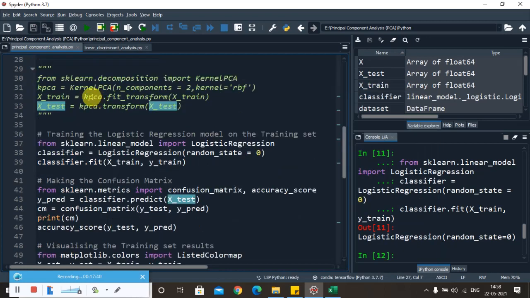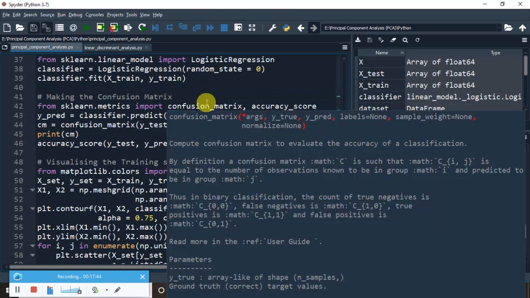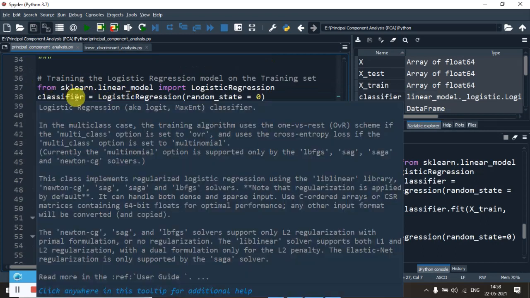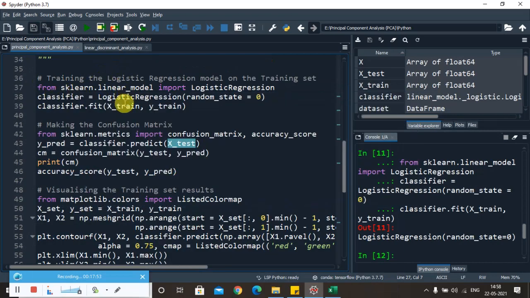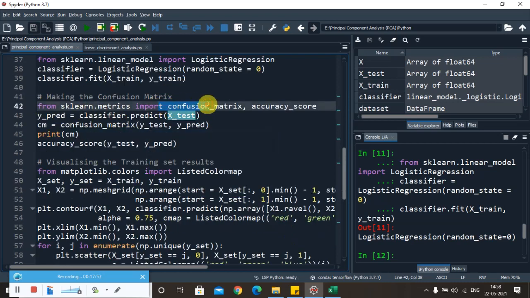Now we will try to estimate our model. How do we estimate the performance of the model? By making use of a confusion matrix. Let us try to do that. We have to import the classes confusion matrix and accuracy score from the module metrics, and try to predict xtest here.